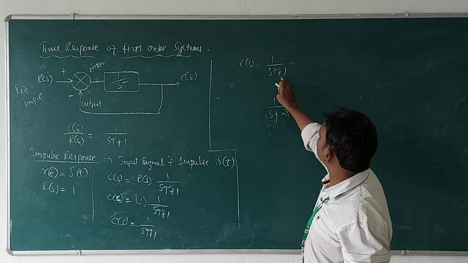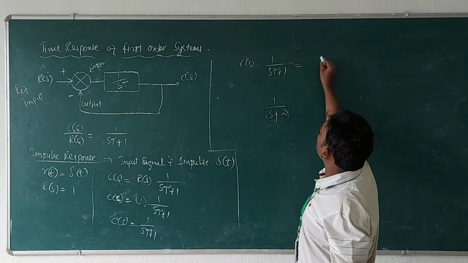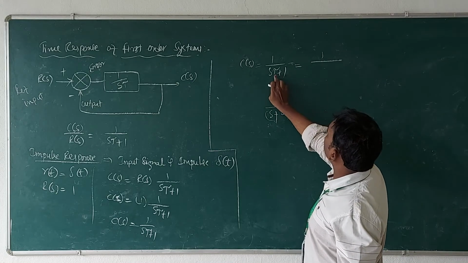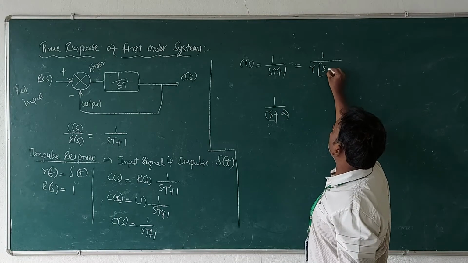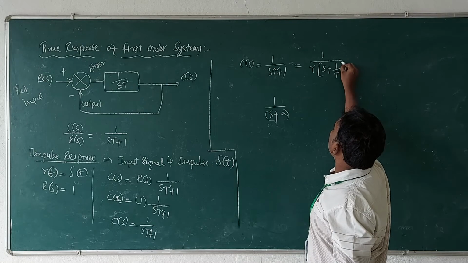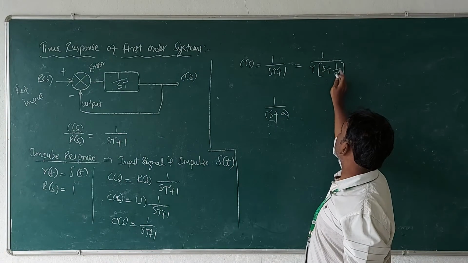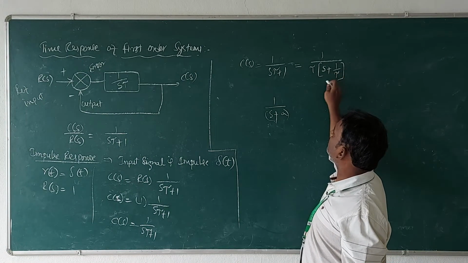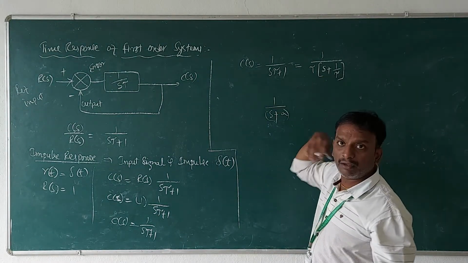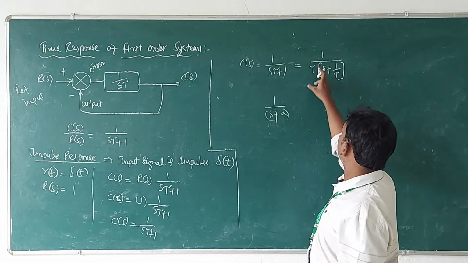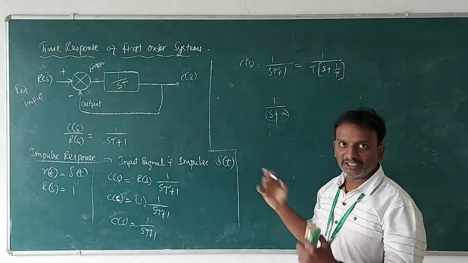So how to arrange this equation? See here, 1 by s tau is there. So that's why we have taken tau as common. What happens if tau is taken as common? 1 by tau, s plus 1 by tau. Is it right or not? Again, if you send this tau into this equation, you get s tau plus 1 by tau into tau; tau gets cancelled, you get 1. It is the same equation. So I need to arrange it this way in order to apply the inverse Laplace transform, with C of s as s plus something.